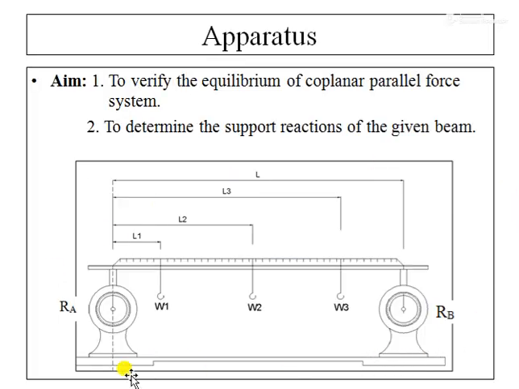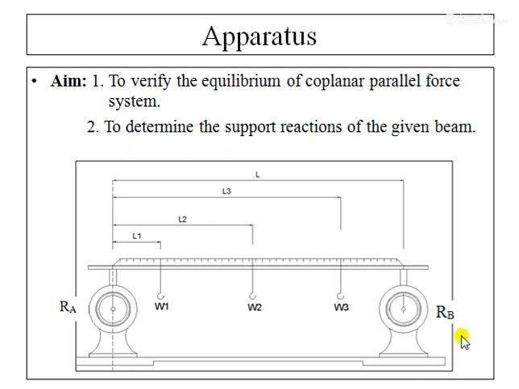This is how the apparatus assembly looks. There is a beam. Where I am moving my cursor, there is a small strip of beam you can see. There is a scale mounted on the beam, and the length of this scale is 1 meter overall. There are two dial gauge kind of structures you can see here. These are the spring balances which give the value of the loads acting at this point as well as this point. Let us name this A, where the reaction force RA acts, and the other one B, where the reaction force RB acts. This is how the assembly structure is.